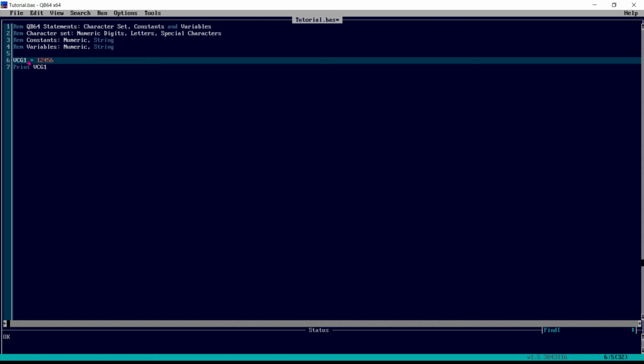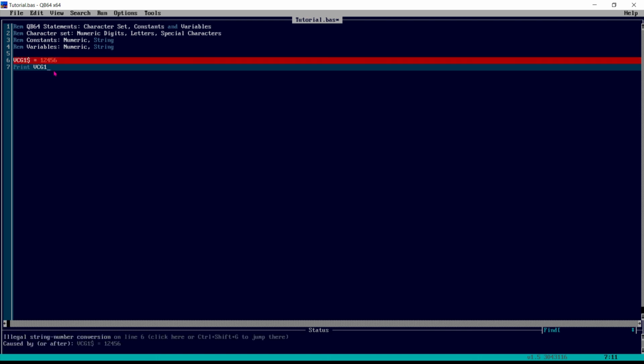But when we want a string variable, then we have to use the dollar sign, and we have to type the value here. Why is this giving an error? When you see this red line, it is giving an error because a string should be in double quotes.